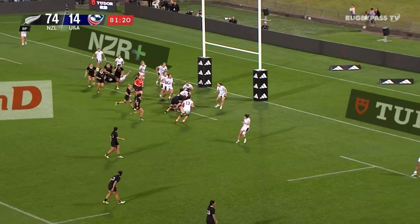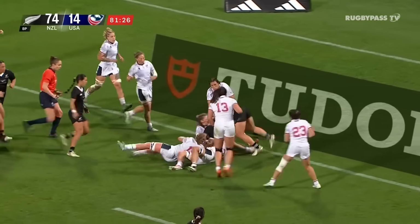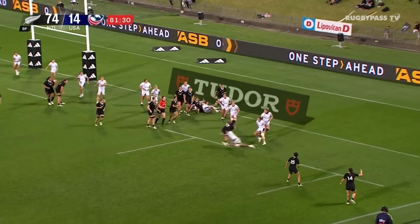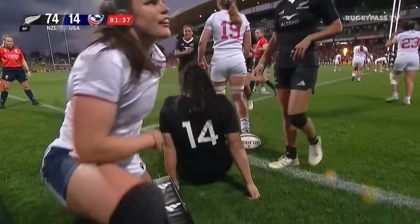USA, one more bit of defence. Tukuafu. Round the corner, wraps Olsen Baker. If anyone deserves one, it's her, but she's short. Joseph brings it away. Waka. Sorensen McGee is going to give it one more for 7. A magnificent 7